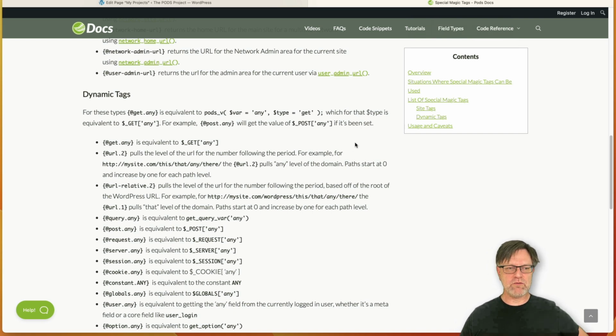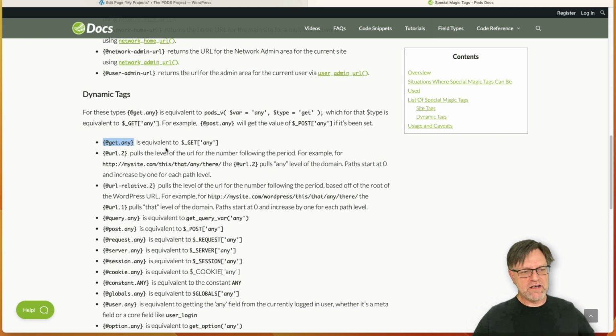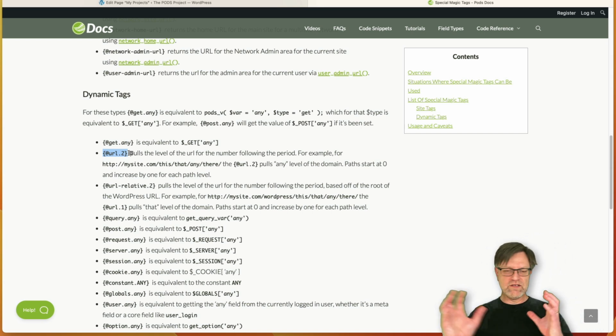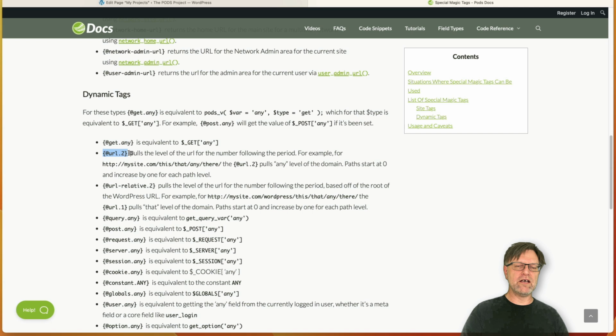special magic tags. I have the page up here from the PODS documentation, and as you can see we can write like this, get any, or we can actually use the URL. Then if you would like to use the URL, then you can set up fancy URLs. You get my project slash and then the username or whatever, something that is unique for the user. But in my case I will use this one, because to get this one working when you are referencing first the page, then you need to also set up a little line in the htaccess file to do a redirect, so to speak,